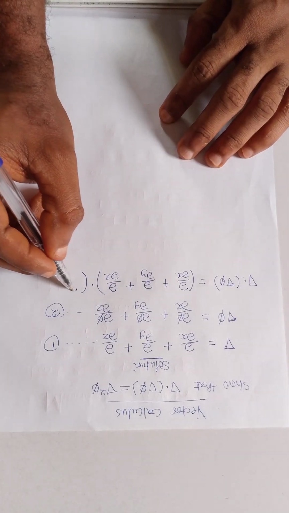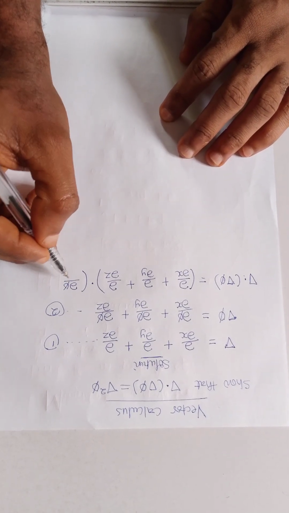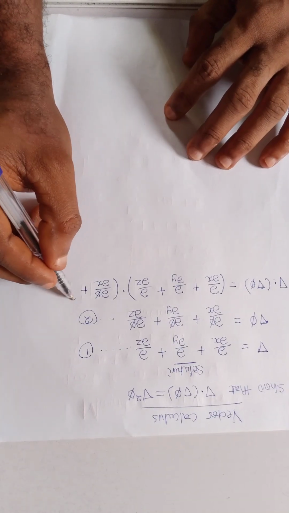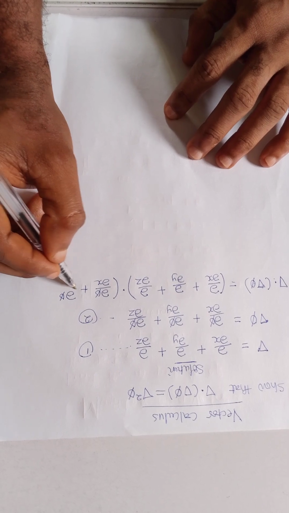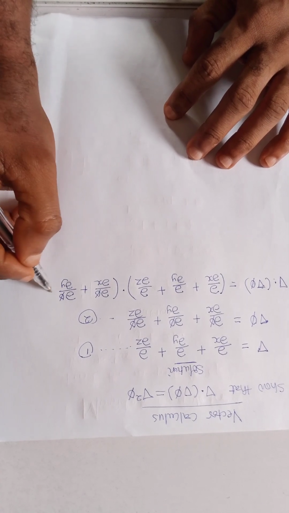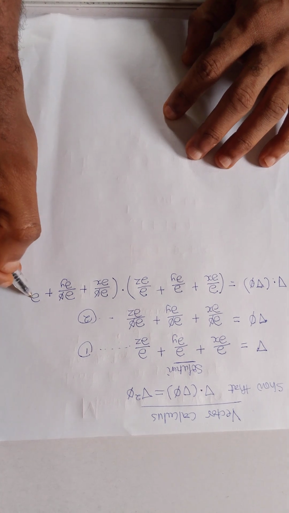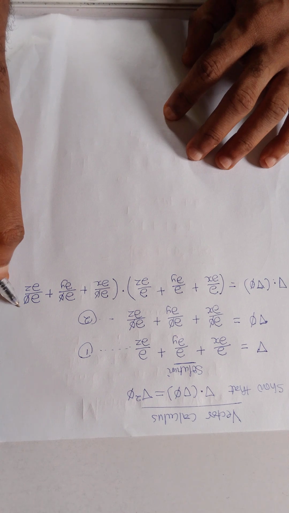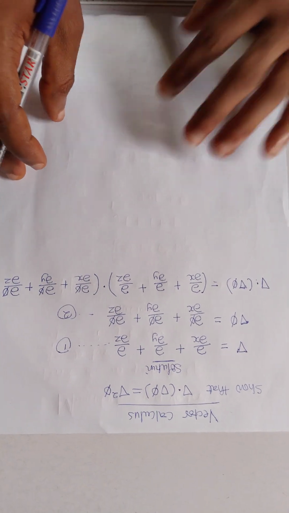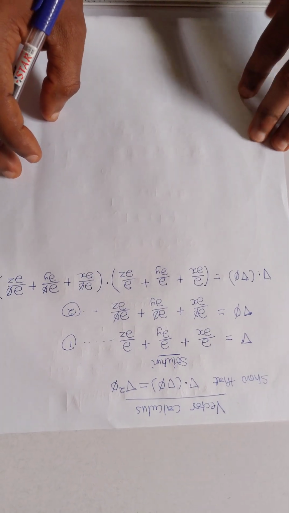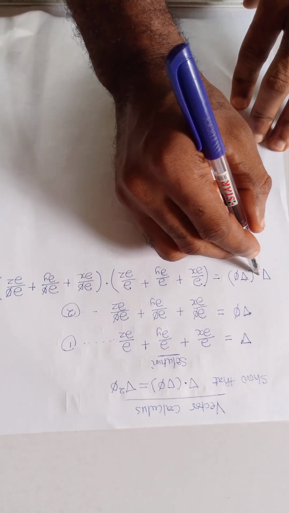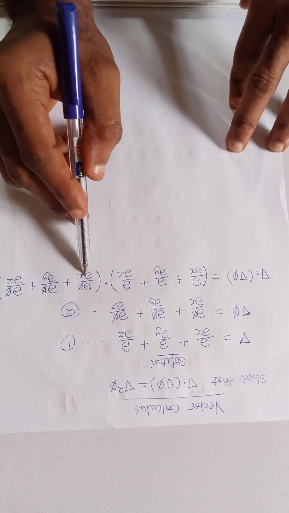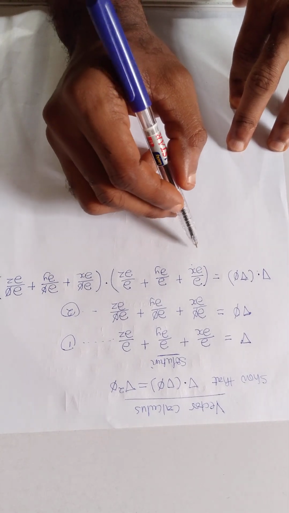So we take the partial derivative of phi with respect to x plus partial derivative of phi with respect to y plus partial derivative of phi with respect to z. Okay, so since we are done with that, since it is dot product multiplication, from here we can now multiply them. So when we say this multiplying this is going to give us